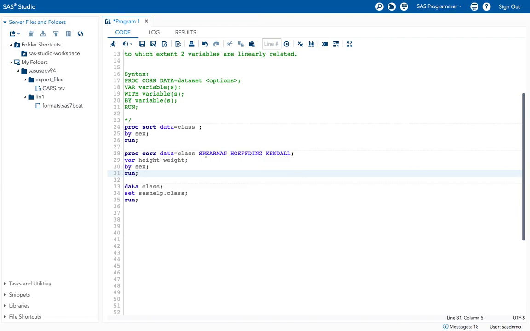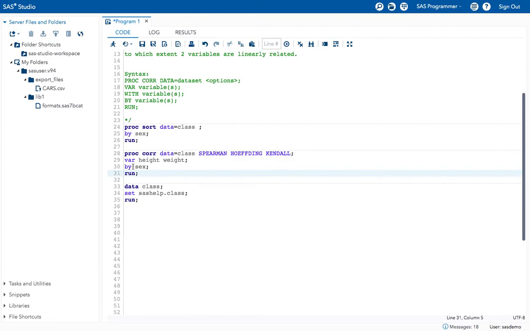Okay, and we have another option called the with statement. Okay, see, we use the with statement if both the var and with statements are used. See here, if both the var statement and with statement are used, each variable in the with statement will be correlated against each variable in the var statement.